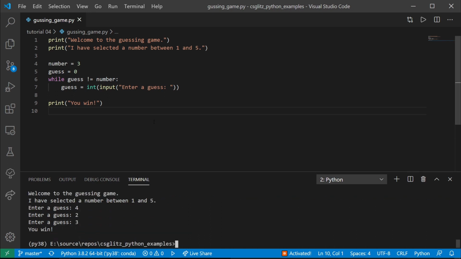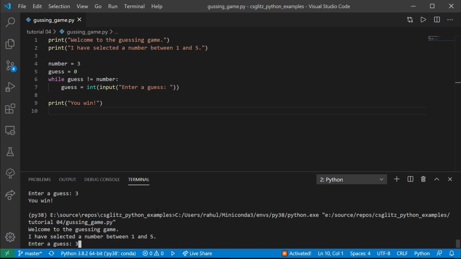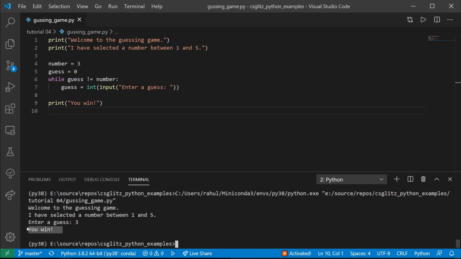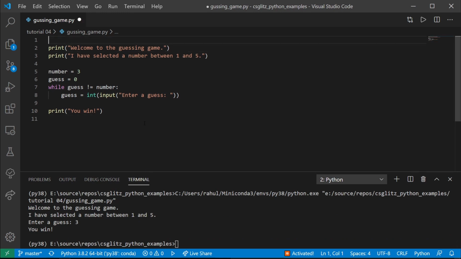Although this is nice to play for the first time, our game lacks replayability value because it will always give the same number. To make it an enjoyable game, let's try to add randomness to it.